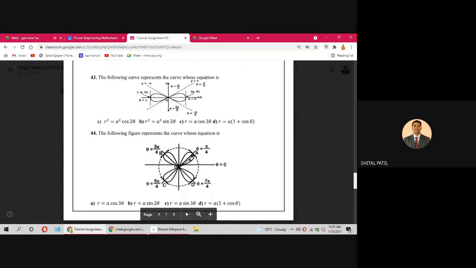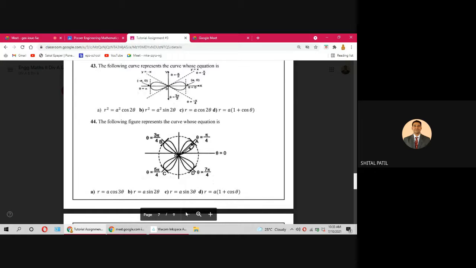Question number 44, this is the equation of rose curve. Now in case of rose curve 4 petals are there, right? Sir, जर तो तिरका झाला म्हणजे 45 डिग्री तर a square sine 2 theta ना. Correct. If it is rotated, question number 43, if it is rotated by angle 45 degree, then it is r square equal to a square sine 2 theta. No doubt. It is Pascal's Lemniscate only. 2 Pascal's Lemniscate are there. Okay. Next question number 44.